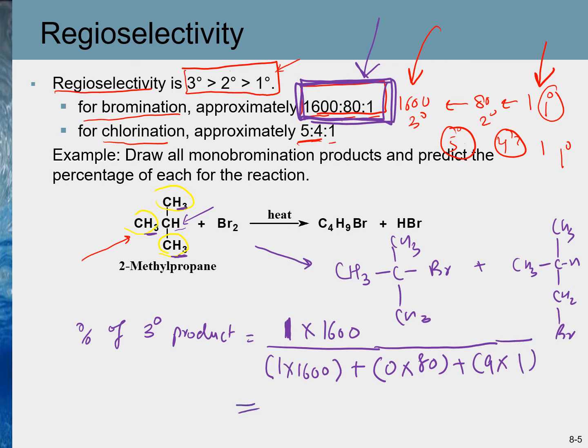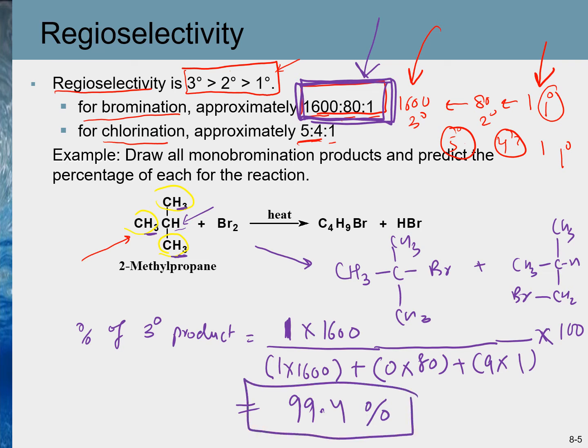And if we solve all that and multiply it by 100 to calculate the percentage, the percentage comes out to be 99.4%. So in other words, in this reaction, 99.4% will be the tertiary product and only 0.6% will be the